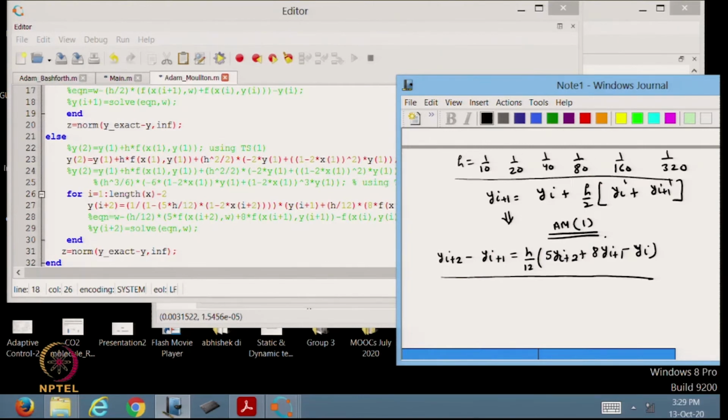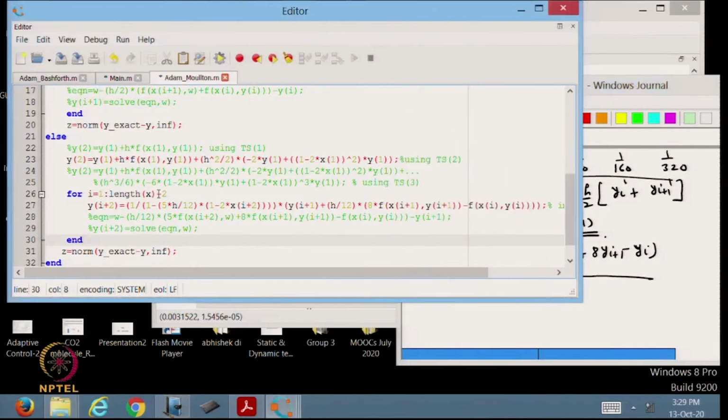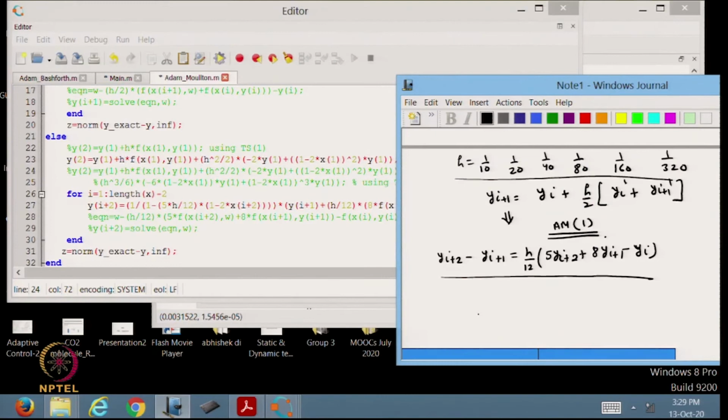So, first we have to compute y2. That y2 we are predicting with the help of the TS2 method, Taylor series method of order 2, which we have also mentioned in the commented part, how we are computing y2 using the TS2 method. Okay. So, we have implemented the algorithm for TS2 as well to predict y2, because y2 corresponds to basically y1 if we start from y0 initial conditions, if we think in that way.